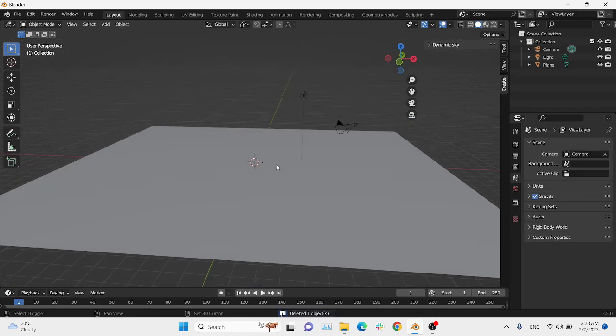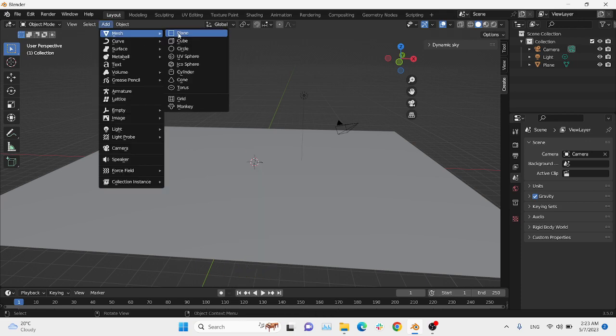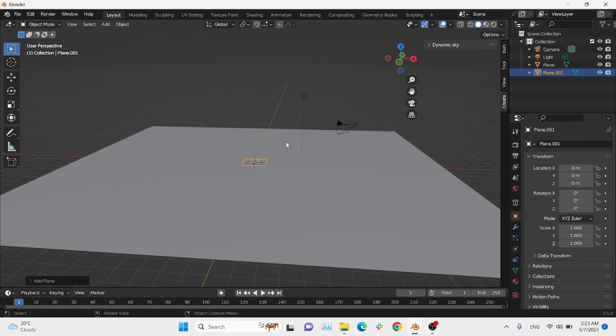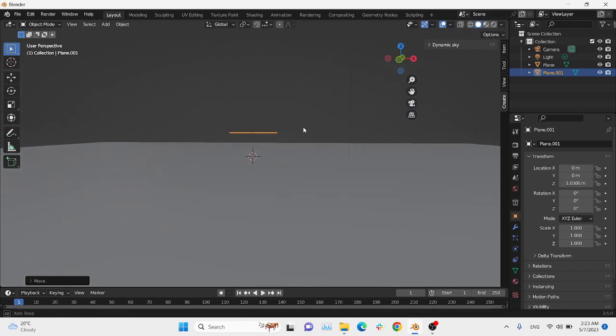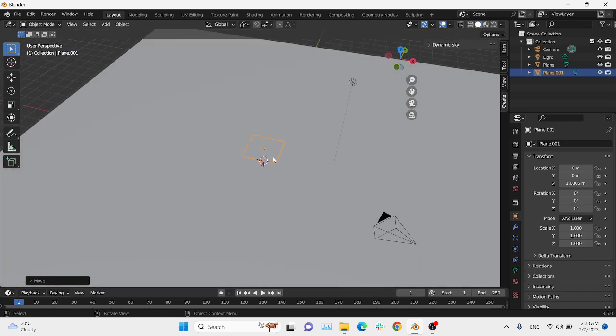It's basically Shift A to add, or simply press Add from here, Mesh, Plane, and now press G for grabbing and press Z and grab it to the surface where you can see it actually. Now we have to go to the Shading tab here,